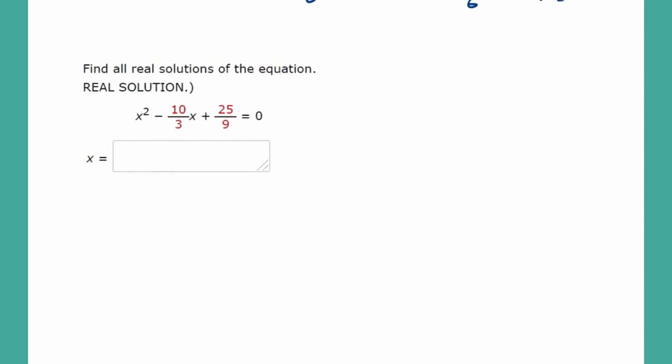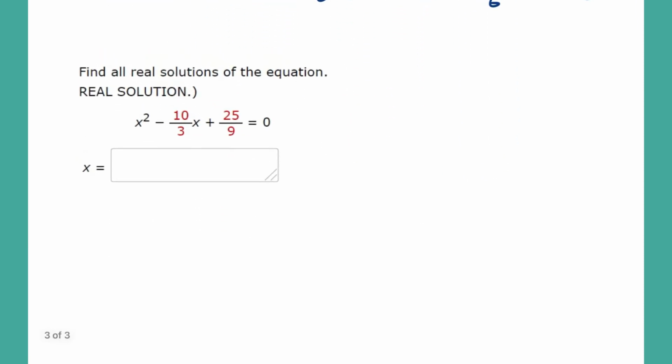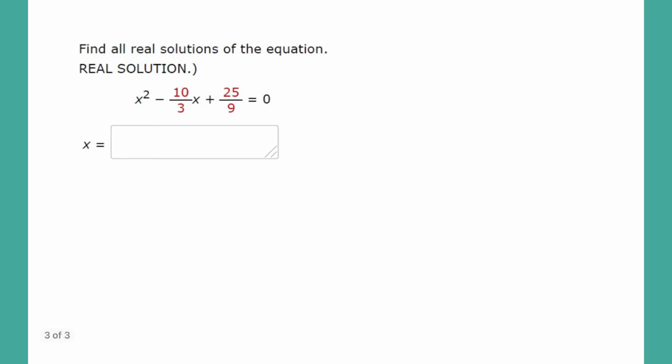The last problem is the same directions, except now we have fractions. In order to get rid of the fractions, you can multiply through each term of the equation, or multiply both sides of the equation by the lowest common denominator, which happens to be 9 in this case. So multiply both sides of the equation by 9, that's your LCD, and then distribute. So if we do that, we're going to get